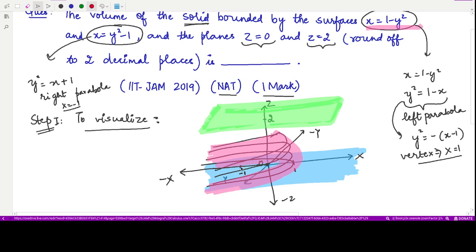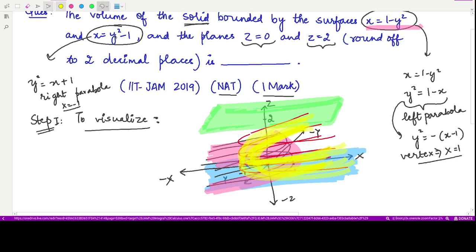So our parabola, if you ignore the z-axis, would be this one, and if you take the other values of z as well, your parabola would be something like this and like this. So your surface would now be a paraboloid. So this is the other surface. Let me draw it quickly. So your other surface would be something like this, right? So you got an idea of how your surface looks.